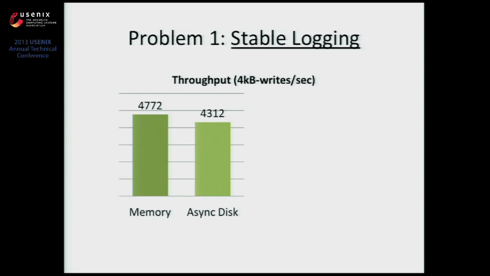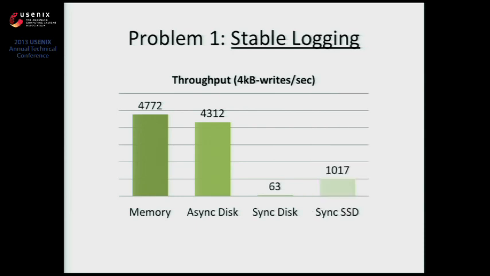The problem is when we try to do that on synchronous writes, it goes to 63, which is expected because if you process each operation by going to do a synchronous write to the disk, it will be very, very bad. Now the question is, this is a problem, but maybe if you use SSDs, you can solve this problem. This is partially true. If you use SSDs, you improve your throughput a lot, but you are still almost 4 times lower. It's more than 4 times lower than what you have if you have everything in memory.